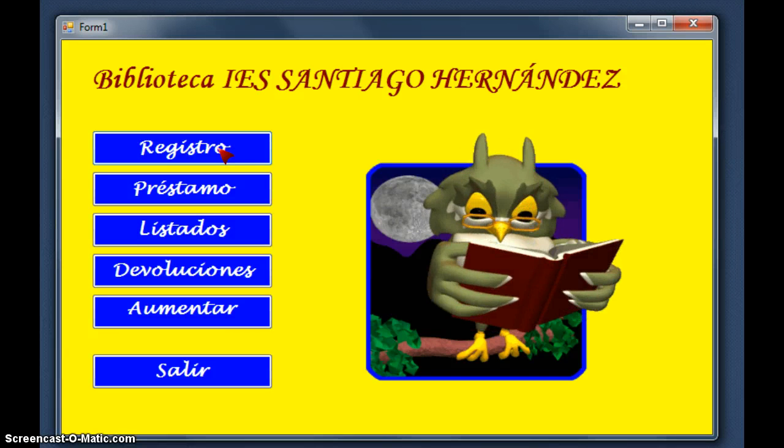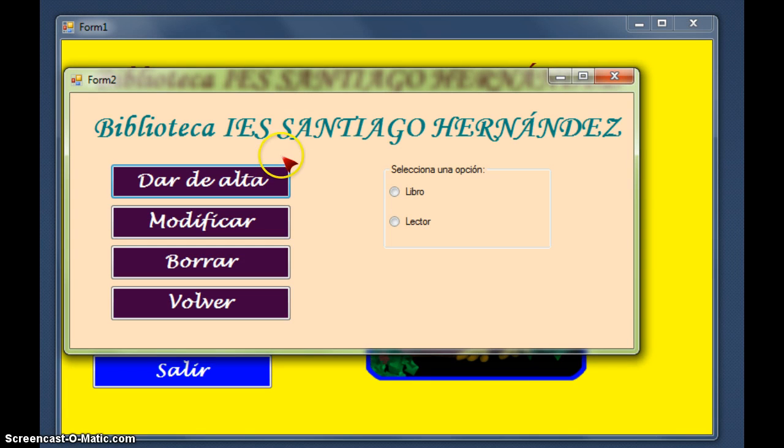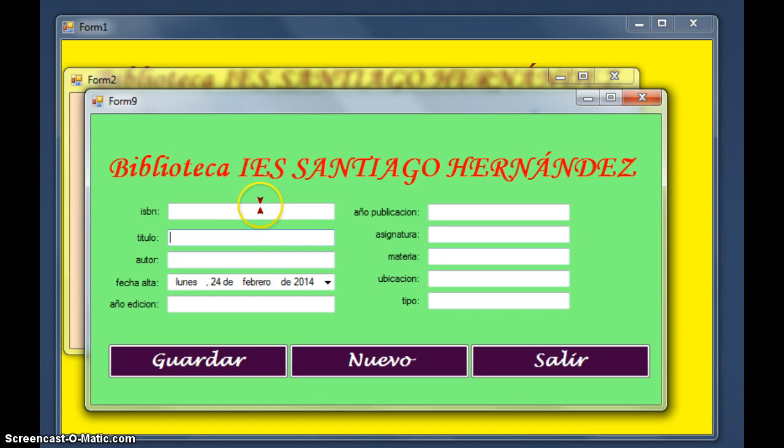You have to click in this button, and you have to select one choice. Well, I'm going to register a book, so I select libro, book. I'm going to click in this button, register. You have to insert in the text box the information, the code,